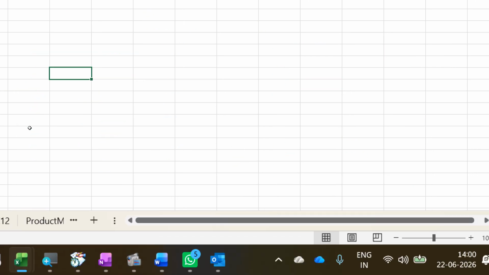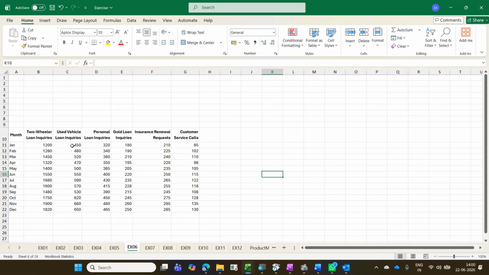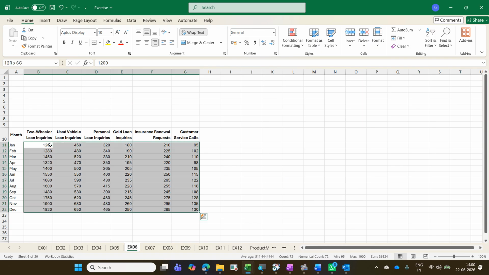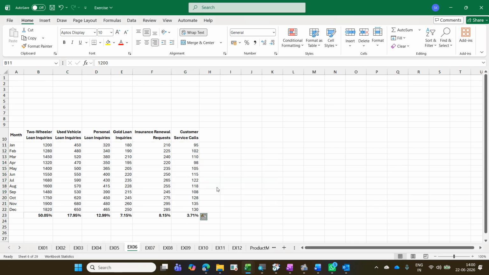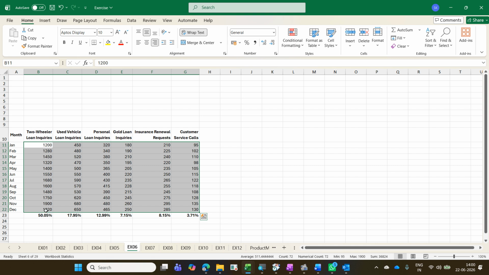How to do this? First select the entire table like this. Then go for Control Q. Then totals. First let me go to the row wise total. This total. So we got row wise. So for two-wheeler loan enquiries 50% or more. For used vehicle only 17, personal loan is 12 and gold loan is 17, insurance is 8 and customer service